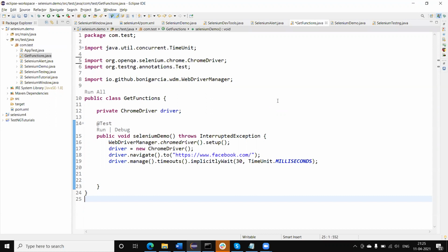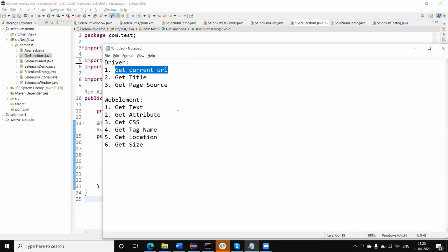In this tutorial, I am going to discuss different functions of the Selenium WebDriver which we can use to read the data from our application, from the browser. Here are some functions I have listed down, like get current URL, get title, get page source.